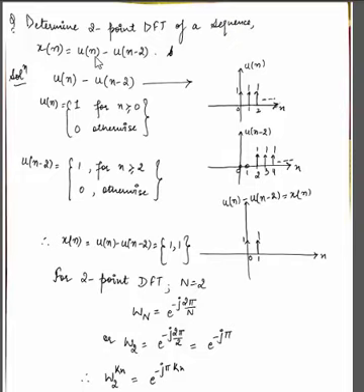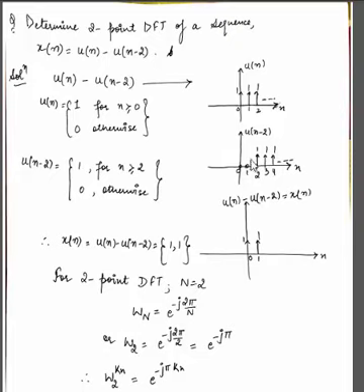In this question u of n is a unit step signal, and u of n minus 2 is the unit step signal delayed by 2 samples. We know u of n is equal to 1 for n greater than or equal to 0, that is, for n equal to 0 and all positive values of n, its value is 1, and its value is 0 otherwise. And u of n minus 2 is delayed by 2 samples, a time delay of 2 units.